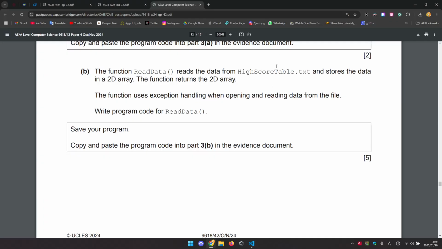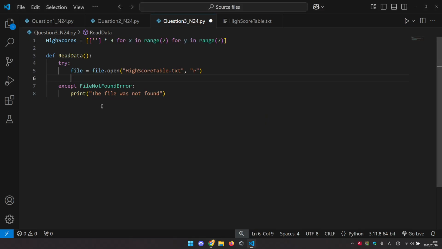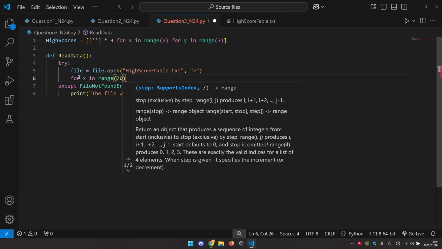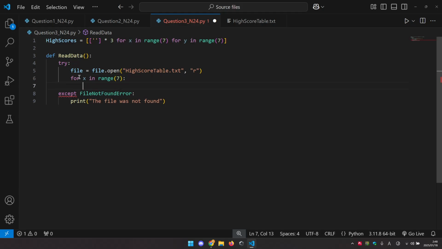Then we want to go ahead and store it in stores. Okay. So for the 7 data. So first we have